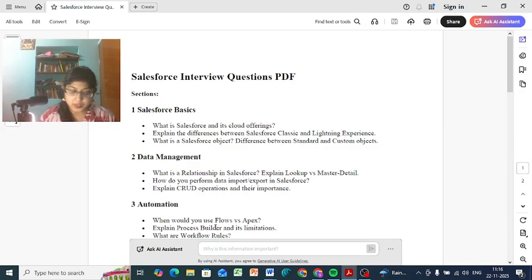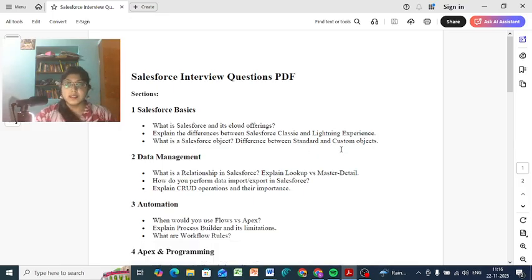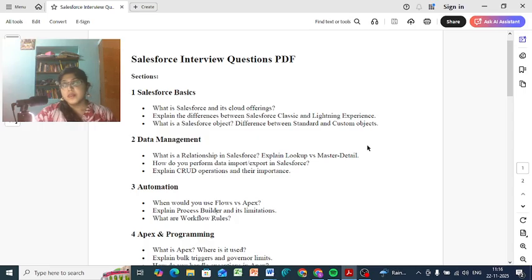Now, when we speak about the events and the curriculum, we understood that the first question is answered. Now the second question is, explain the differences between Salesforce Classic and Lightning Experience. We should understand that the context which we all are in place with is with the experience and not the lightning proof.